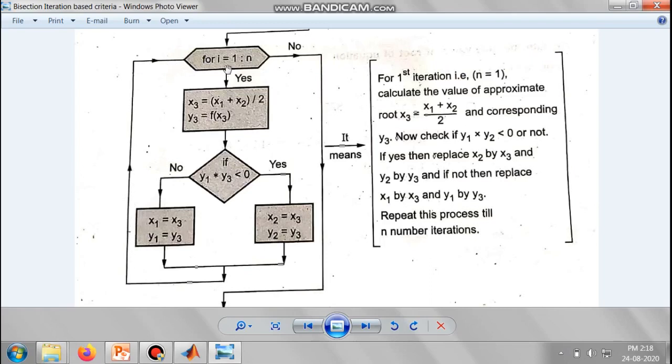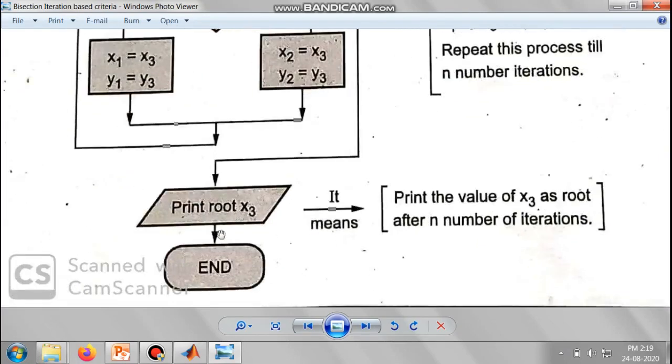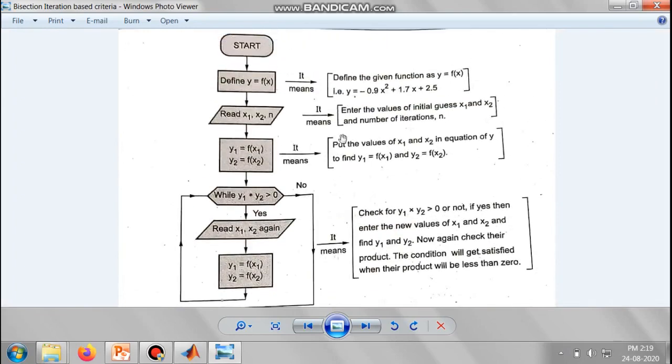When i reaches the specified number of iterations, the condition will get satisfied. So after completion of all the iterations, your process will be diverted to the last step, where the approximated root, that is x3, will be printed. This step can be considered the last step of your program. So now let us try to explore this flowchart using a program in MATLAB.